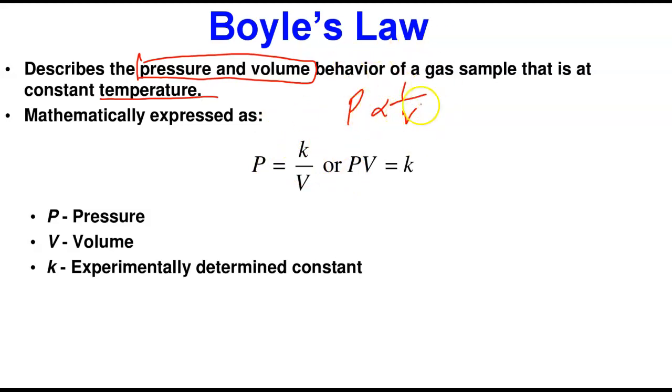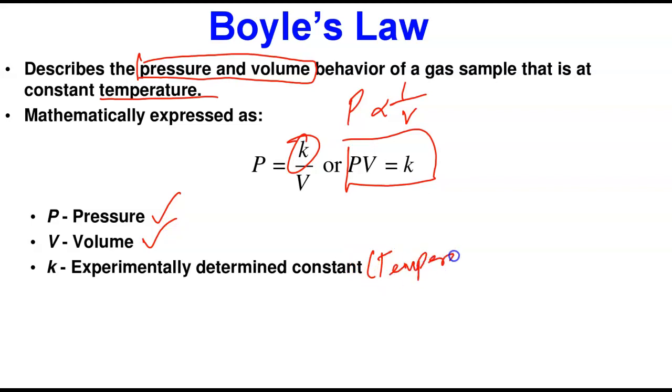That's exactly how this looks. So if this is a constant, and when you move this equation and solve it, you're going to have this equation. So what that simply means to you is that at this pressure, P simply means the pressure of the gas, V the volume of the container it contains, and K is the experimental constant, and in this case, the K actually is the temperature.